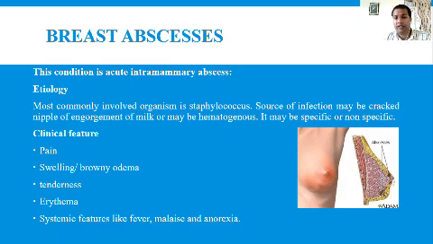So that may be specific or non-specific. The features involved: there are two stages in the development of the breast abscess. The first stage is the stage of cellulitis, and the second is the stage of the abscess. So in the stage of cellulitis, there is